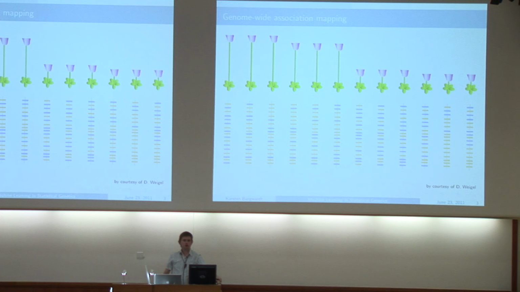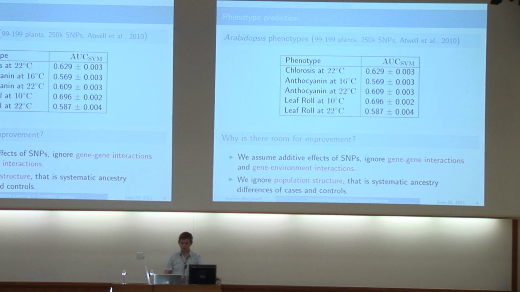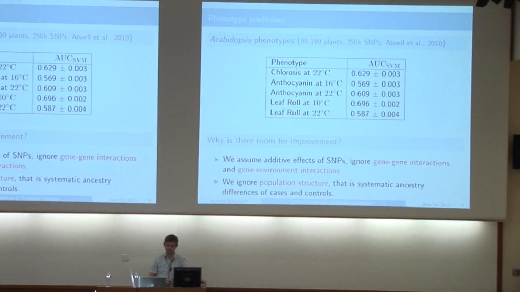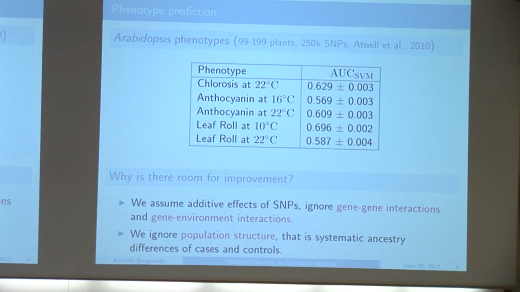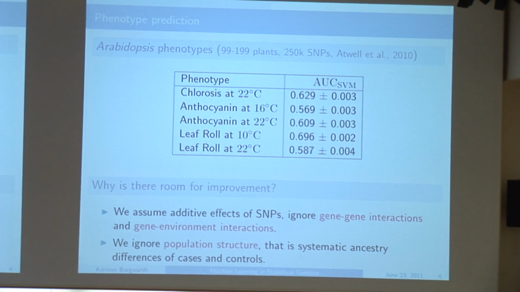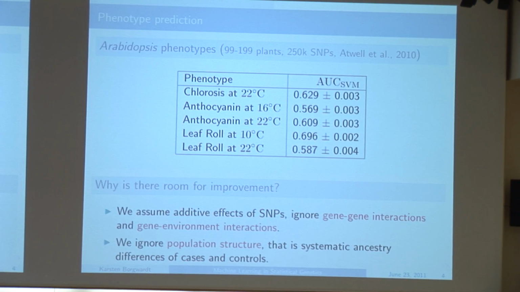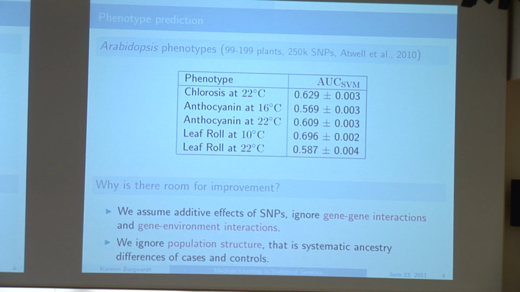Now, how could you straightforwardly use machine learning in such a setting? Well, a straightforward thing to do here would be to try to predict the phenotype of a plant based on its genotype. And that's one of the first experiments we did in this direction. We looked at phenotypes from Arabidopsis from a recent Nature paper by Atwell et al., 2010. Atwell et al. studied 107 phenotypes in this paper, out of which 9 are binary. And we examined the following 5 here